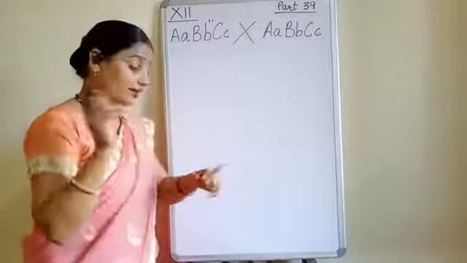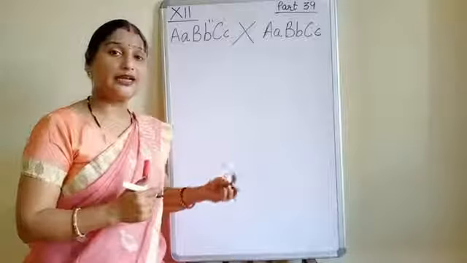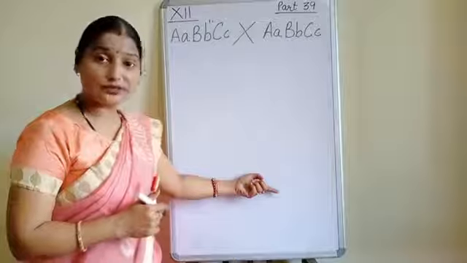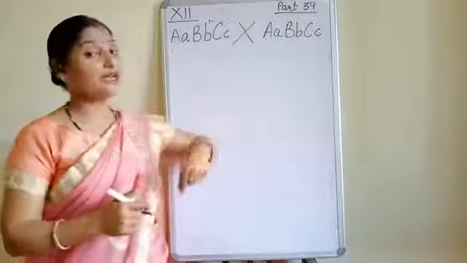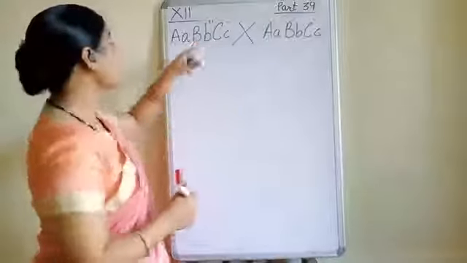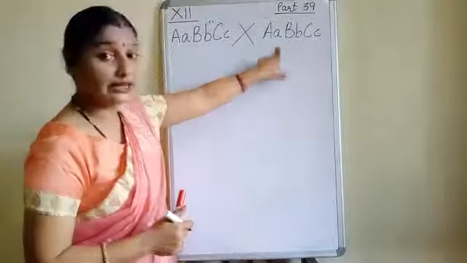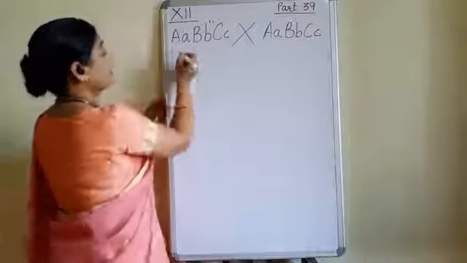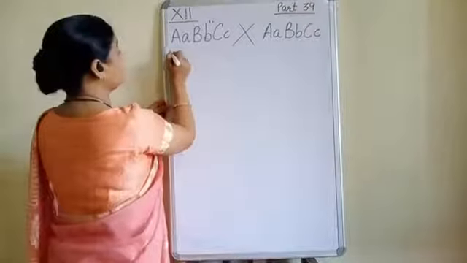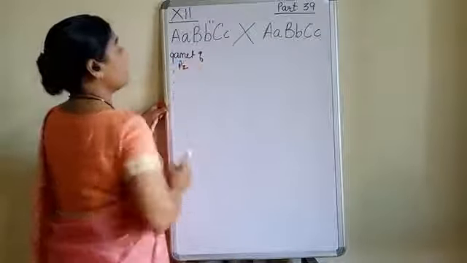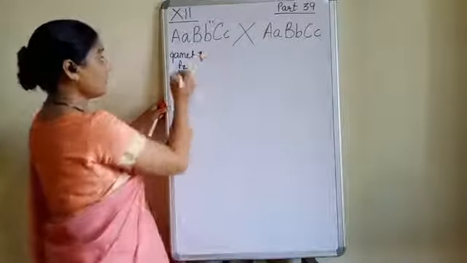I taught you when we were doing the monohybrid, dihybrid, then only I told you we'll get the 8 gametes in case of tri-hybrid, because in case of dihybrid we were getting the 4 gametes. So we'll get the 8 gametes. How will we get the 8 gametes? Now see the gametes of F2 generation. Write down here. Gametes of F2 generation. What will be the gametes?